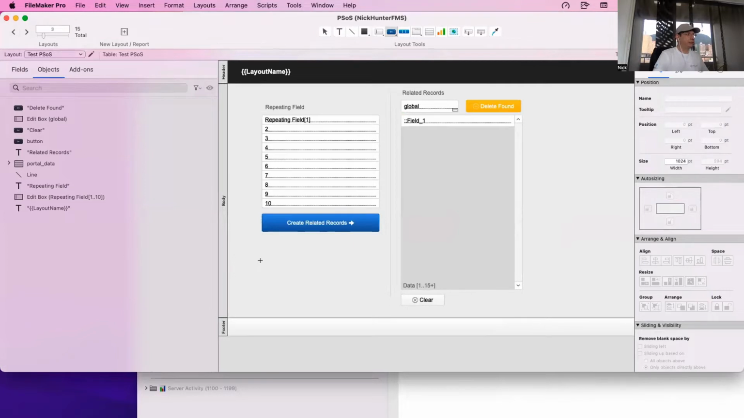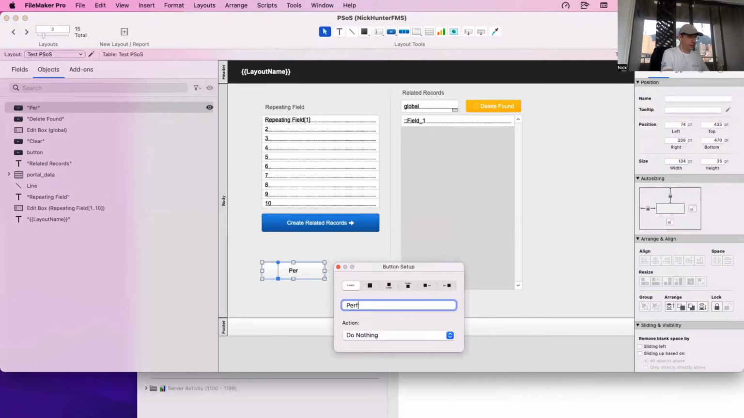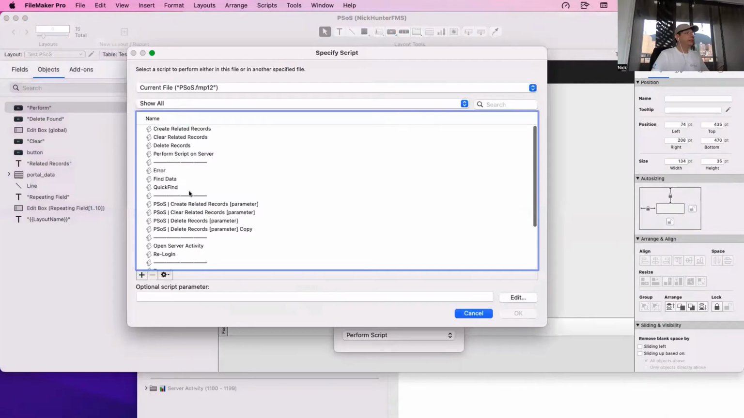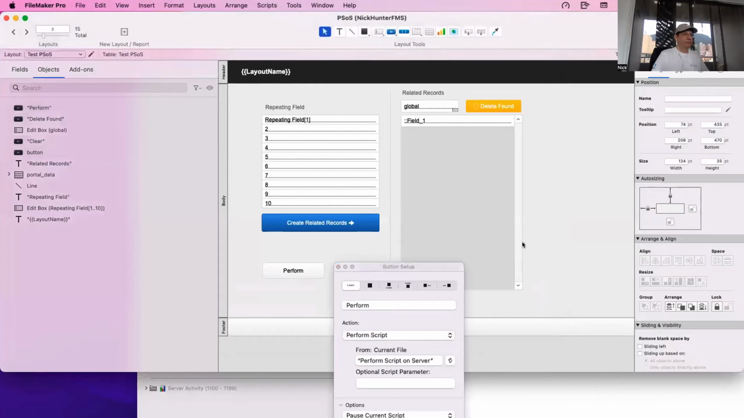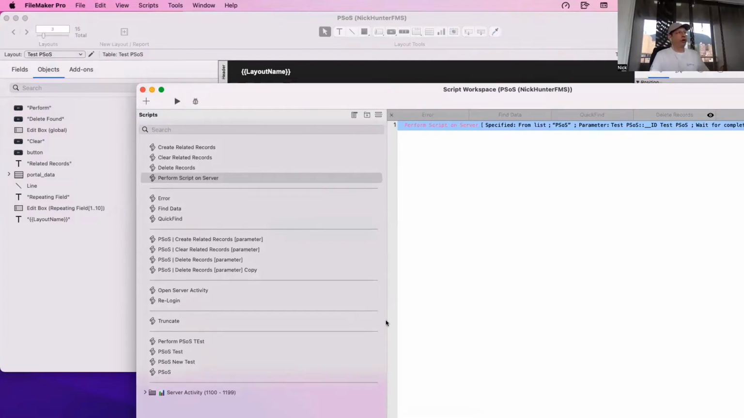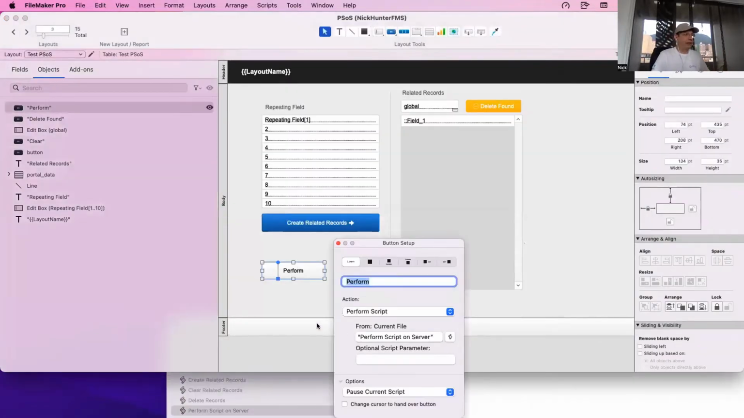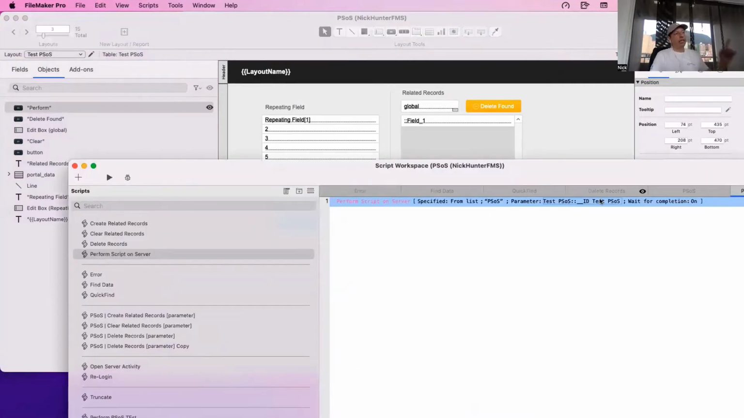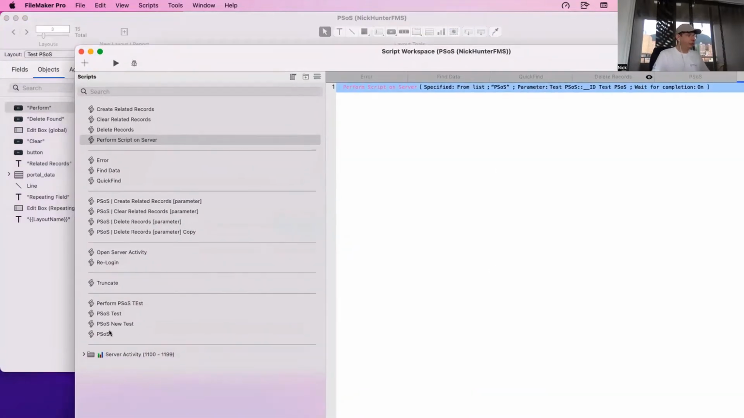We can put a button. And then we can say this button will perform the script, and this script will perform script on server. I have no possibility to say perform script on server from here. You need a script that will perform the script on server. And here you say go. And then in the PSOS, you set